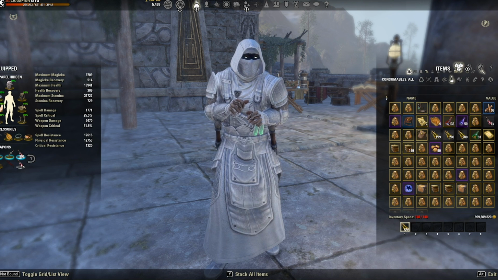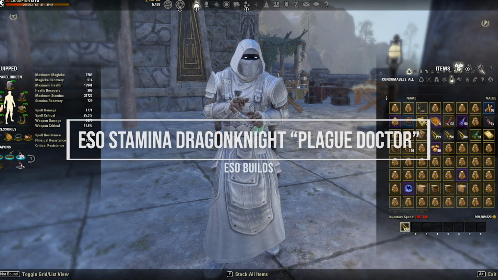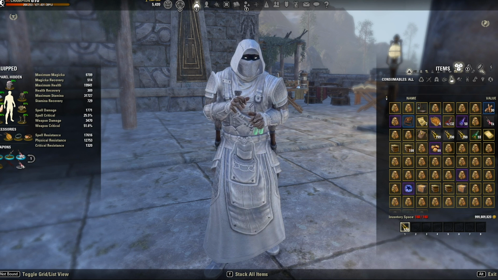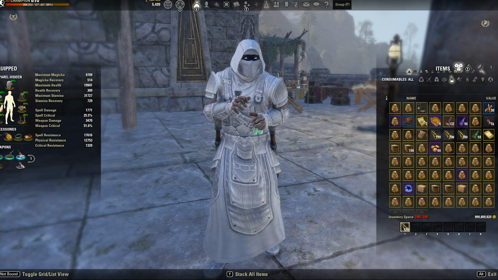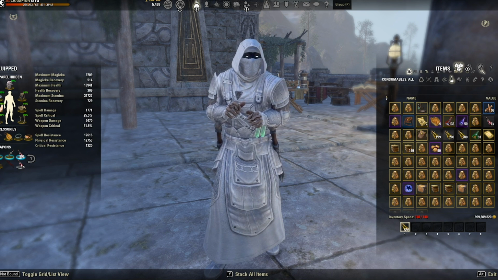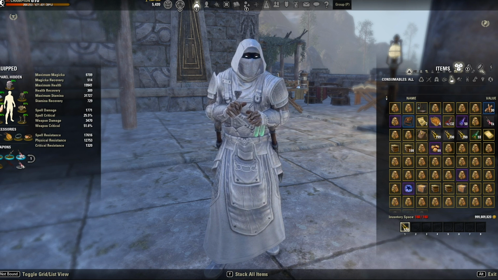This build is going to feature a stamina Dragonknight DPS, and I call it the Plague Doctor build. This build's goal is to dish out tons of AoE damage, especially poison damage, to really capture the feel of the Plague Doctor. The other goal of this build is to make sure you can clear 95% of the content in the game. This build is optimized first for solo play for those of you that like to play solo, but it also has optimizations and quick changes that make this a great, solid pick as a stamina DPS for